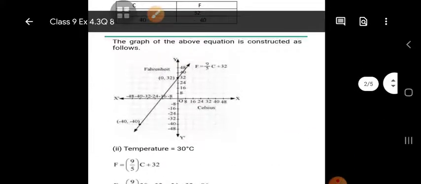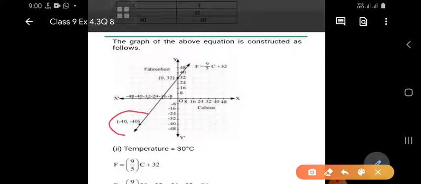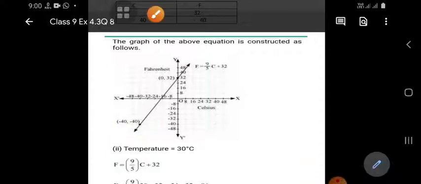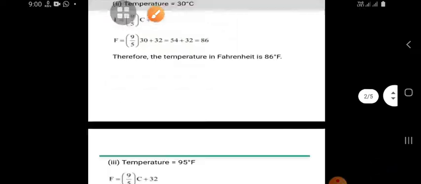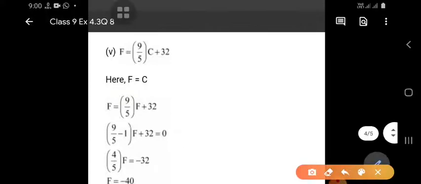So we see the question and now we'll go for solving. Look at here, I have already told you, this is the numerical value, both are same. Minus 40 and minus 40 is the numerical value which is same. Now come here and see question number 5. Here the condition is given that numerical values are same, that means the value of F is equal to the value of C. We can take any one, either F or C, so we put the value of C equal to F.